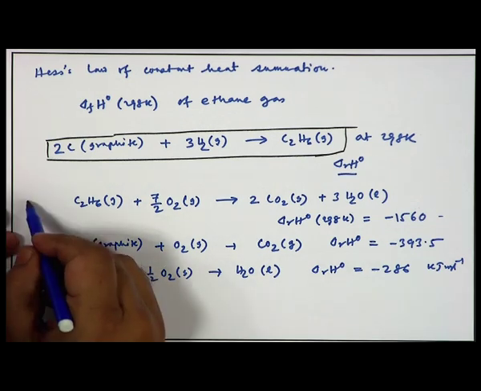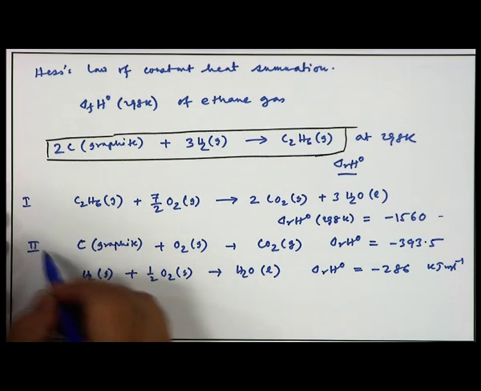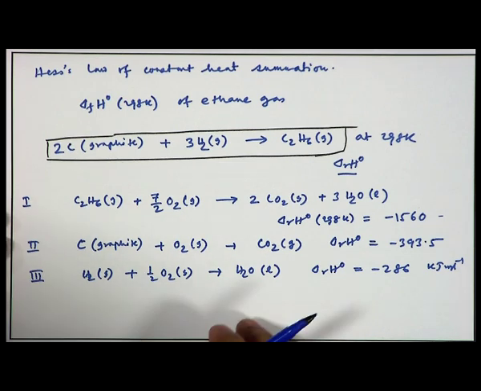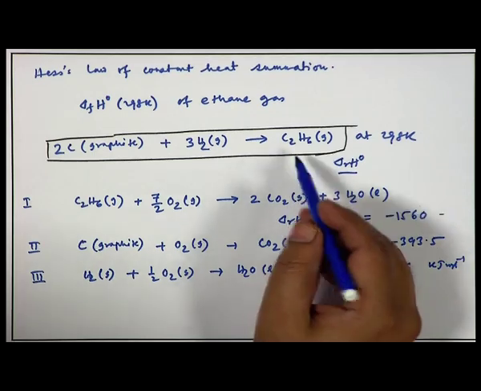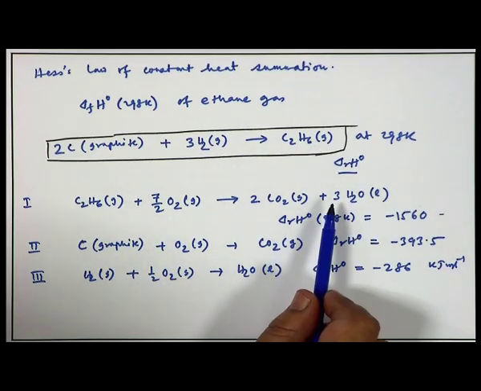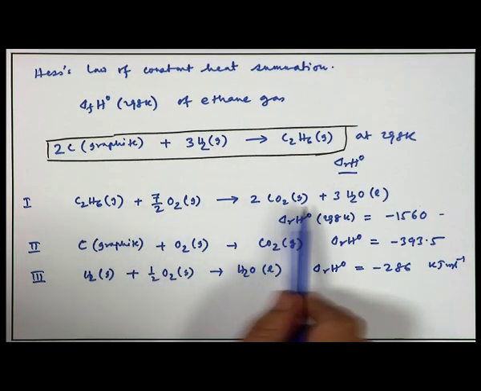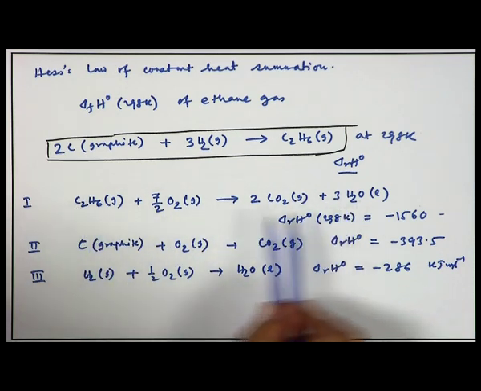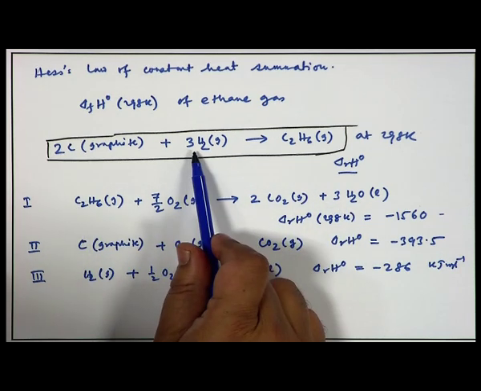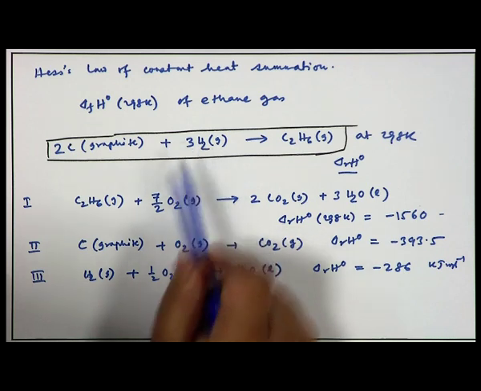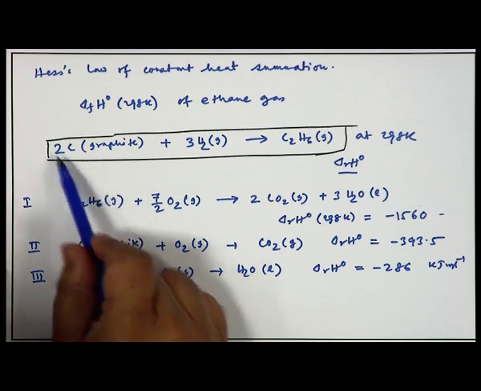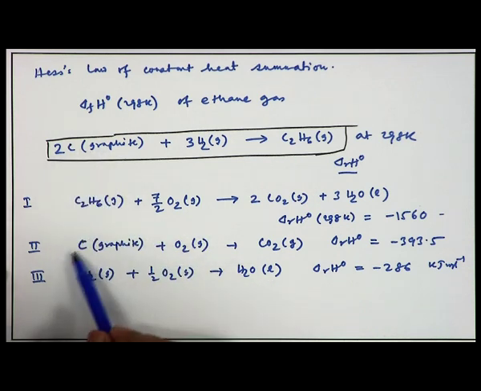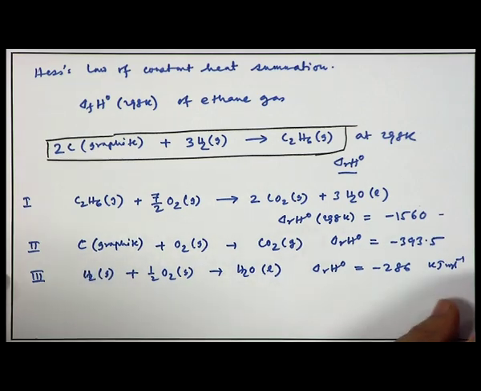So, if this is my first reaction, this is second, and this is third, the product is on this side. So, we have to reverse this reaction, and this is 1 mole. In this case the reactant is 3 moles of hydrogen, so we can multiply this reaction by 3, and in this case 2 moles of graphite, so we can multiply this reaction by 2. So, what we will do is combine